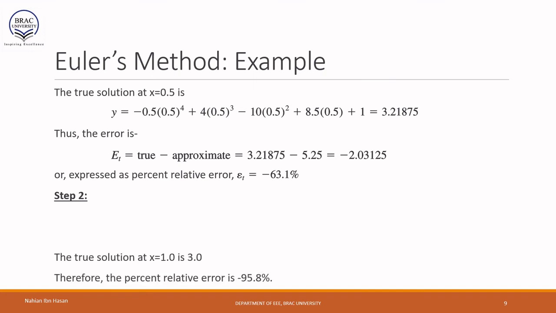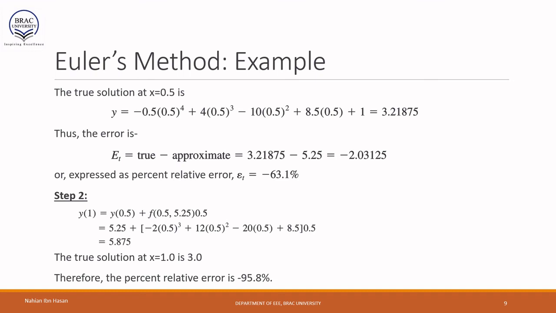Okay, so in the next step, we are going to find out the value of the function at x equal to 1, and we are going to do that using the value of y of 0.5. Similarly, for that purpose we need to find out the slope from the original differential equation, and we have already got the value of y of 0.5 from step 1. We are going to substitute these two values here, and then we are going to get the value of y of 1 to be